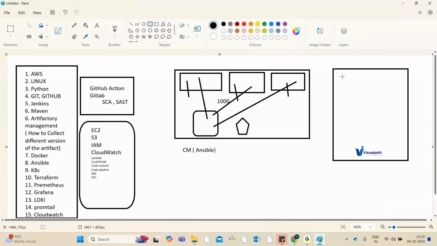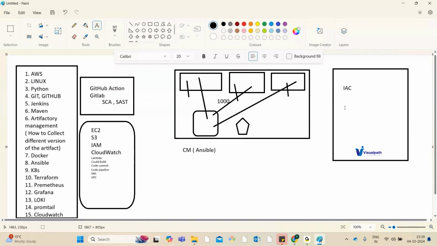That is called infrastructure as code, or IAC. And Terraform is nothing but a part of the IAC. So Terraform helps us write the code, and